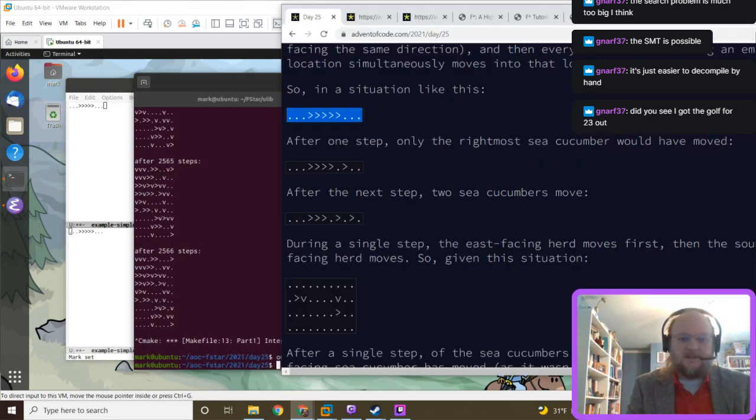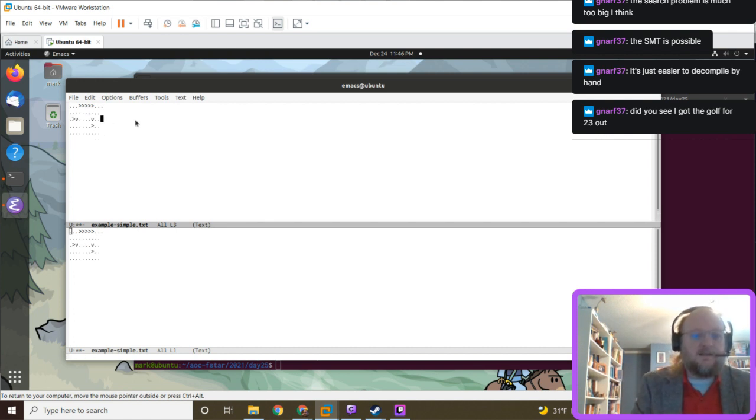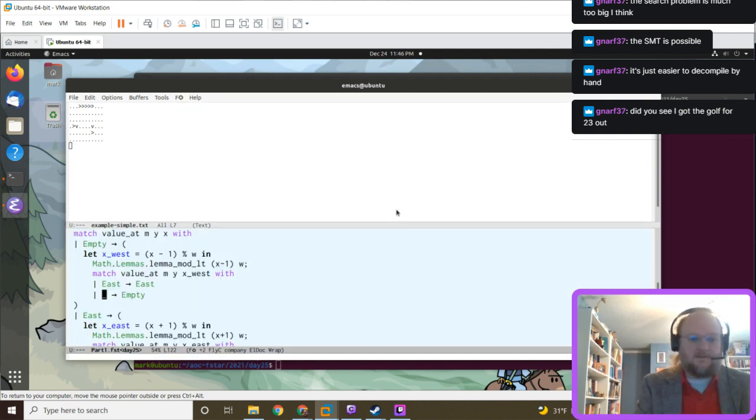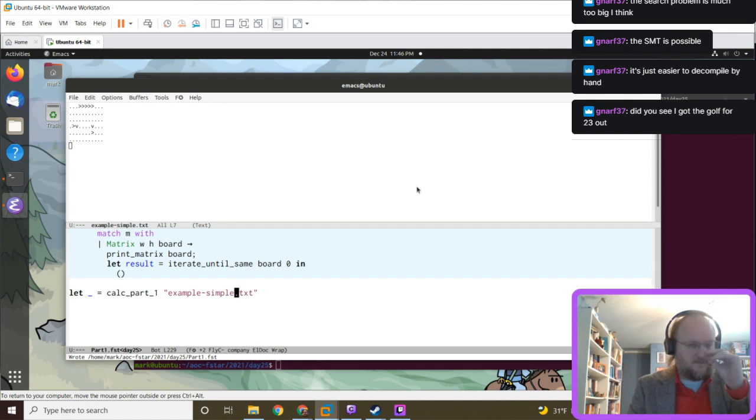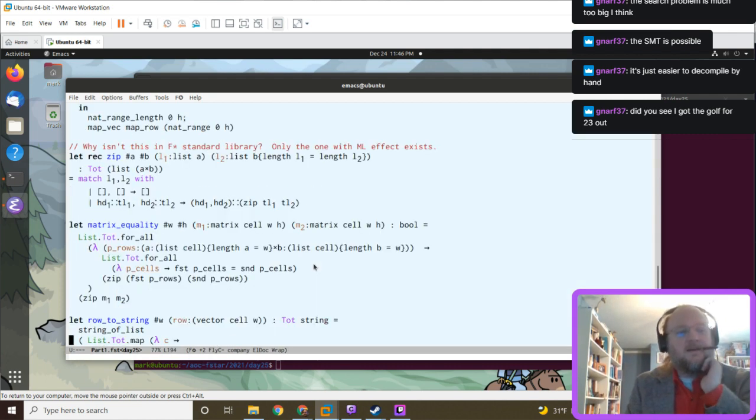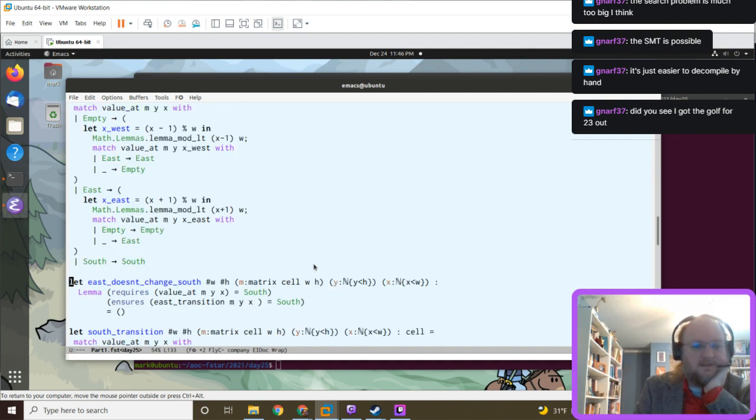We'll copy this part below that, even everything out. Are these reversed?